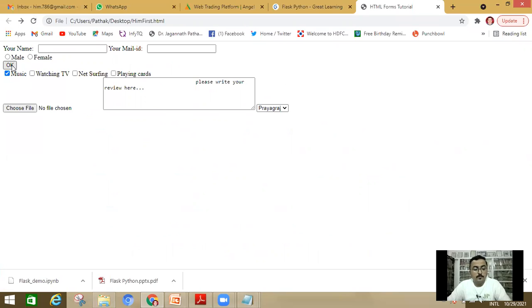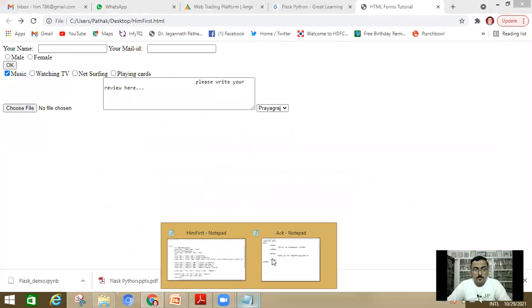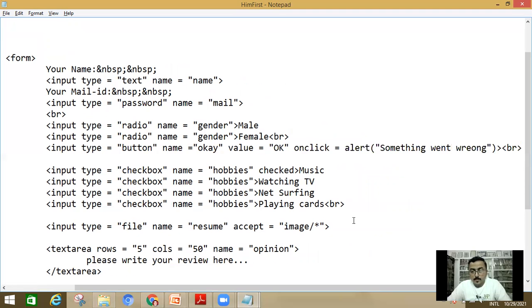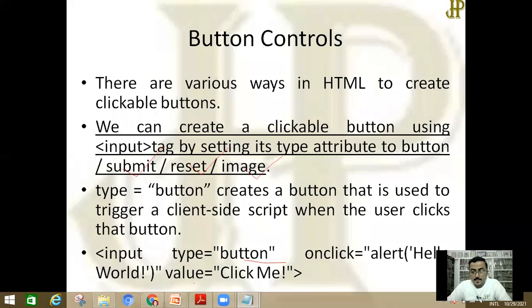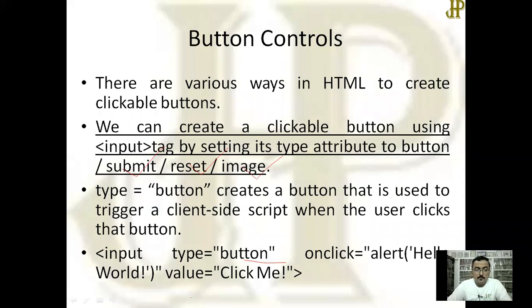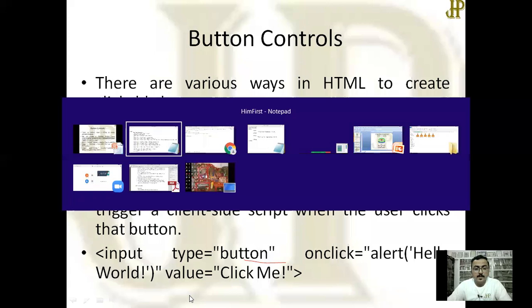Something is wrong with onclick, because I have put nothing in onclick alert. Okay, I have to put it in inverted commas.